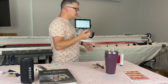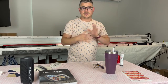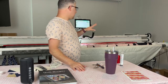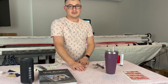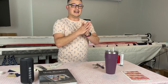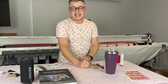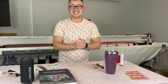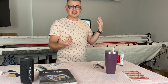So my quilt is loaded because I already have my burrito loading methods. You can watch any of those videos to find out how I load and how I baste down. So I'm loaded, I'm basted. I have my glide foot on. If you have a glide foot, please put it on for this quilt. We have a lot of really bulky seams where all those corners come together. That glide foot is going to allow the foot to just slide right over. Your needle will punch it down in place and hold it all together, depending on the design you're using. I'm going to be using the delicate...